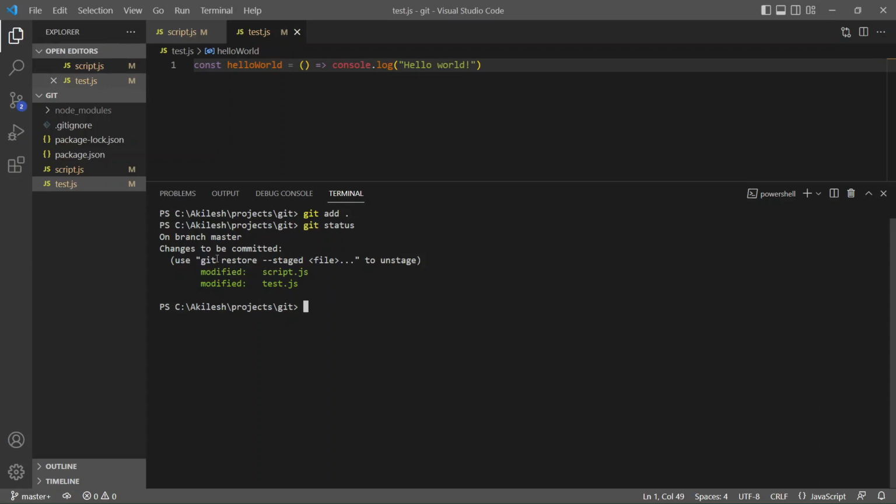But you can also see this command over here. Git restore --staged and the name of the file to unstage a particular file. Let's actually do that. Git restore, and I want the feature out of this commit, so I'll get rid of script.js and I press enter. Now if I do git status,